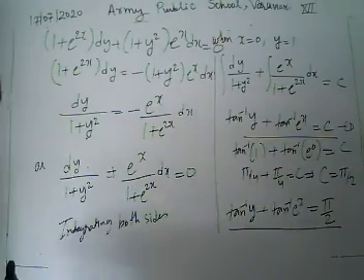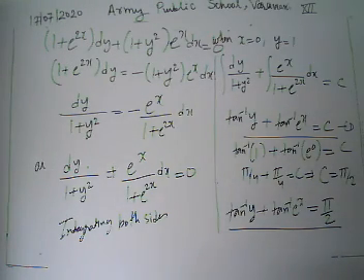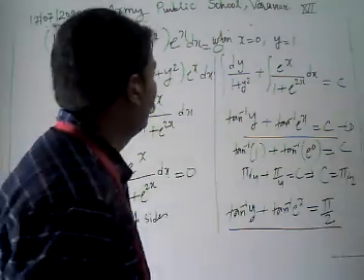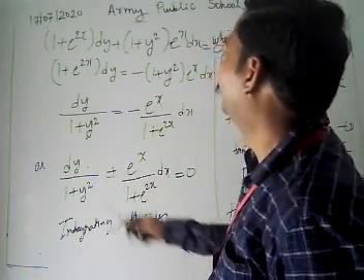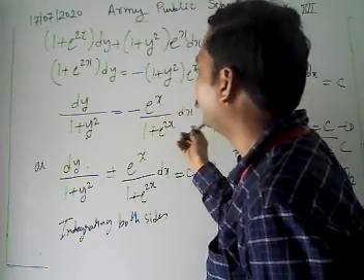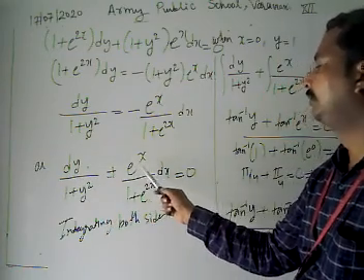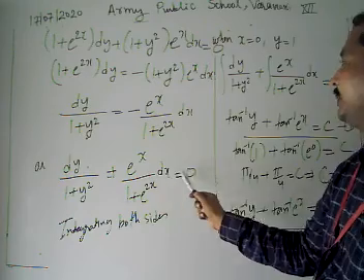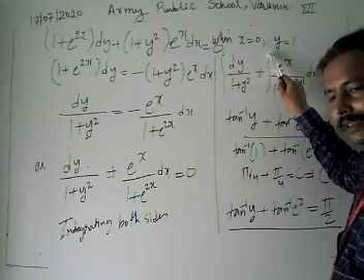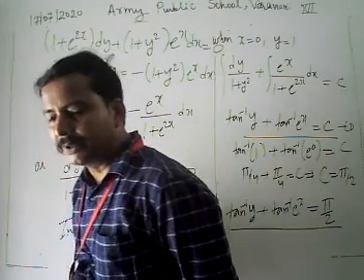I am just going to revise again. Look, what have we been given in the problem here? We have to solve the differential equation given by (1 plus e to power 2x) dy plus (1 plus y square) e to power 2x dx. First of all, we separate the variables, shifting the second term to the right hand side. After separating the variables, we integrate both sides: dy by 1 plus y square equals e to power x by 1 plus e to power 2x dx. Then after integration, we get tan inverse y plus tan inverse e to power x equal to c. Now we have to put in the condition, given x equal to 0, y equal to 0. So we are going to find its particular solution.